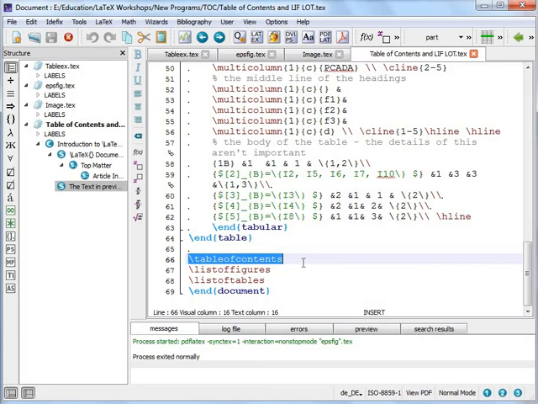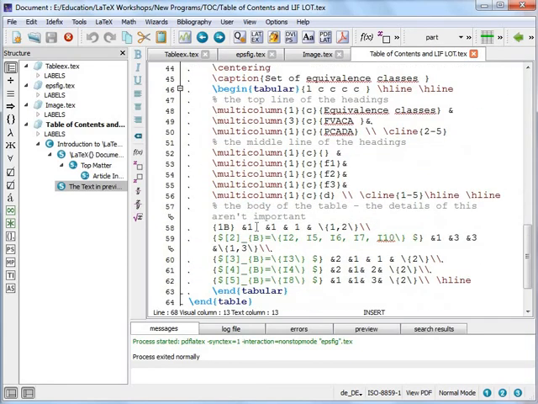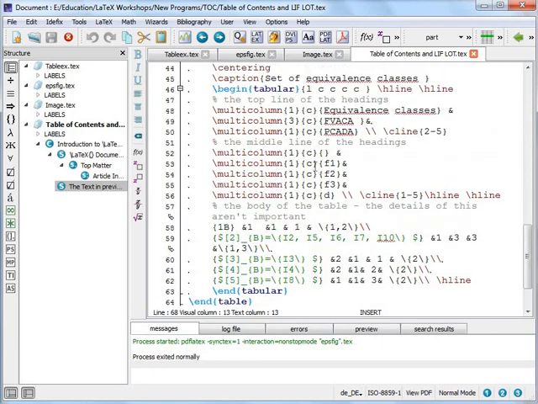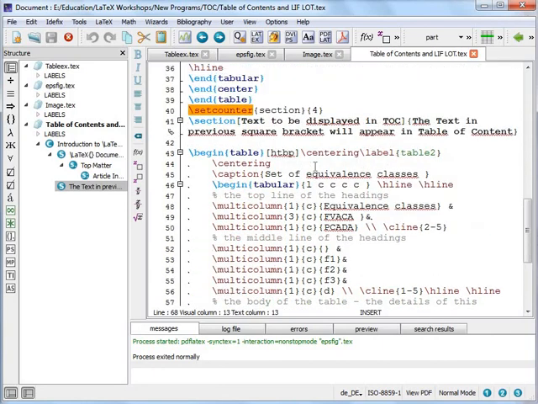And then lastly we use the command \tableofcontents. This will create the table of contents at the end of the document. Then \listoffigures creates the list of figures at the end of the document, and \listoftables will create a list of tables at the end of the document. Again, here we don't need to add anything in the table of contents, list of tables or list of figures. Everything will be added automatically by LaTeX, like the page numbers and everything.